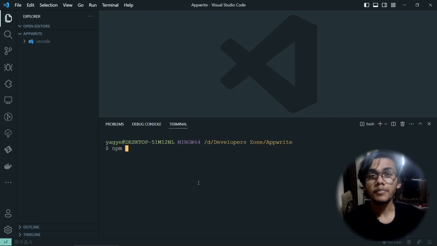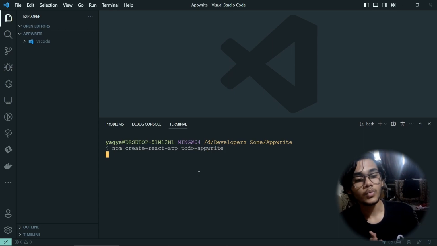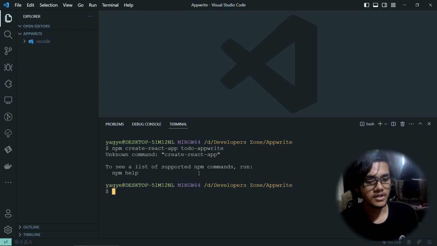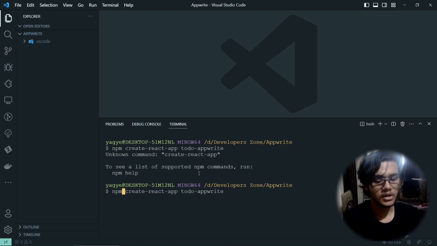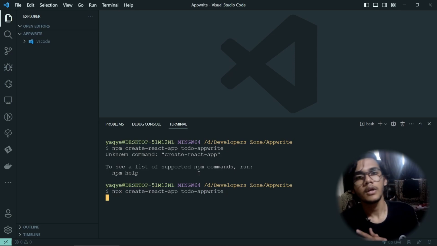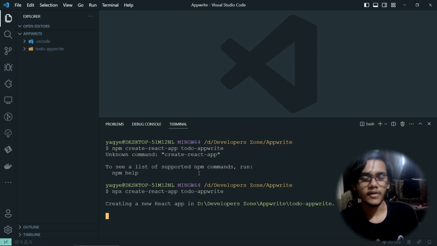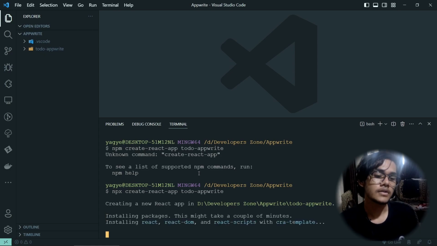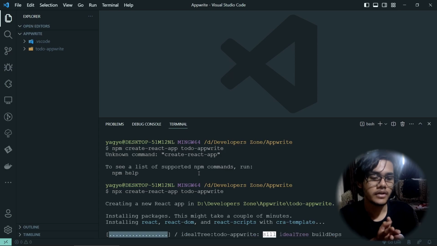So we'll write npm create react app, and let's just name it todo-appwrite. For those of you who have never built React, I would suggest you watch... I'm sorry, I'm going to use npx and that should work. For those of you who haven't used React before, I would suggest that you go and watch my tutorial on React. I have a 1-hour video on the basics of React,